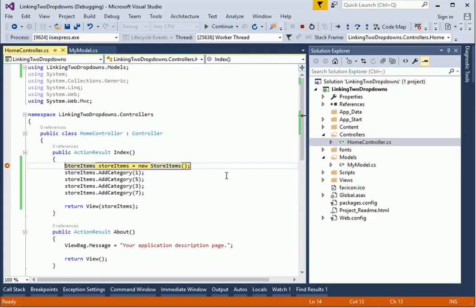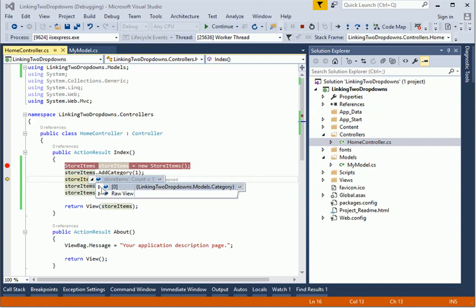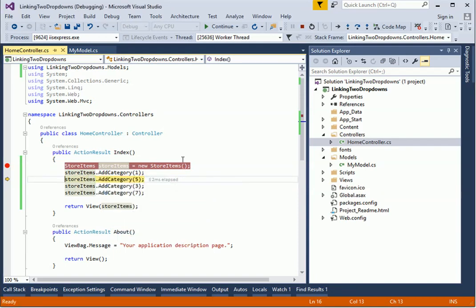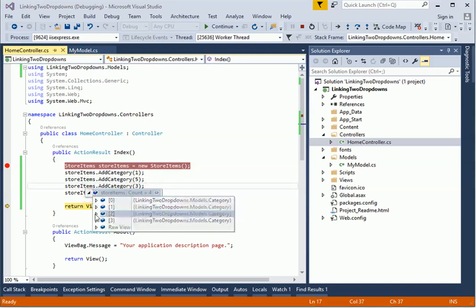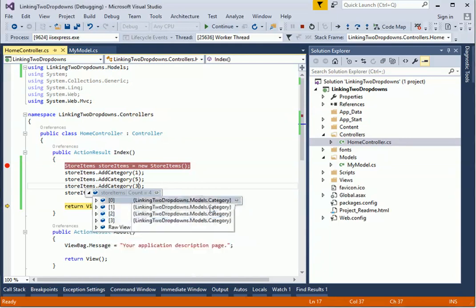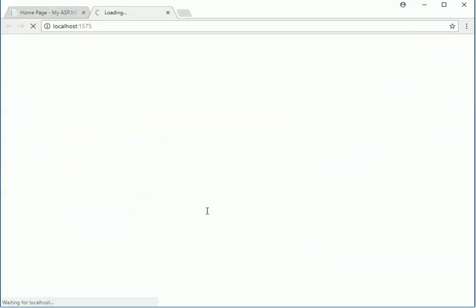Okay, so we get the breakpoint. I'm going to debug, press F10 one by one to understand what's the data. So we see the first store item has got only one category 1, and there is one product which has got category 1 item 1. If I hit F10, let's see, this one is expected to have 3 items, which is 0, 1, 2, the second index. So it is expected to have 3 products, category 3 item 1, item 2. Okay, so our model is good and ready,